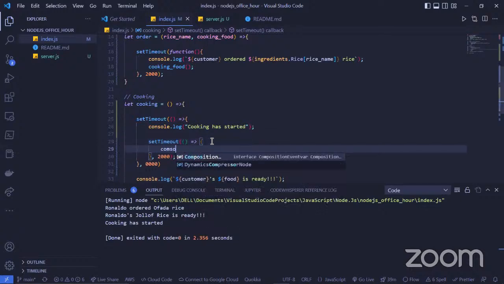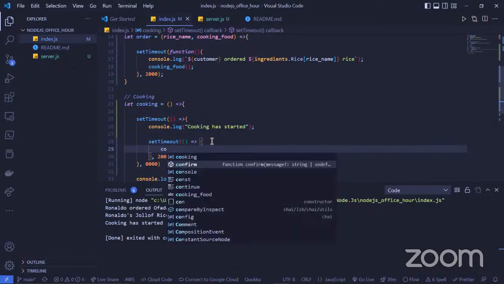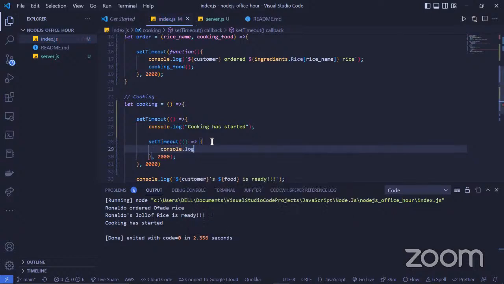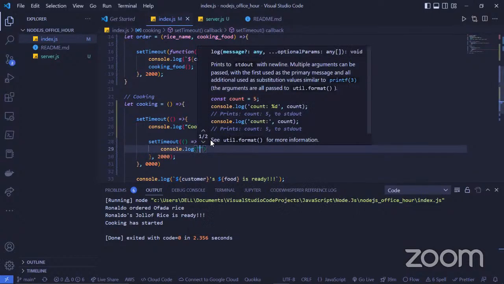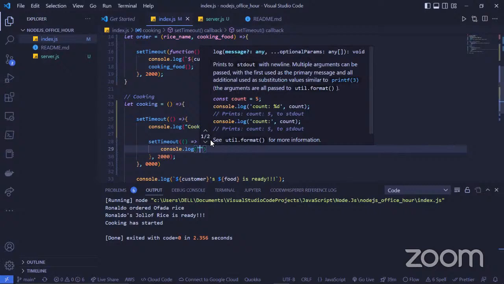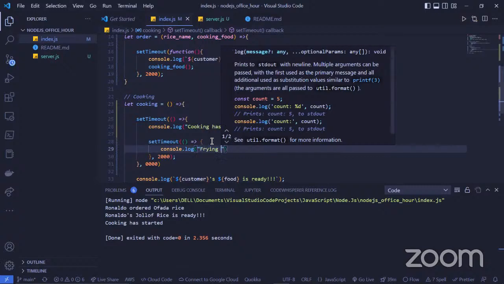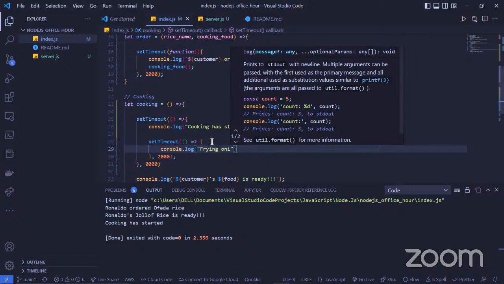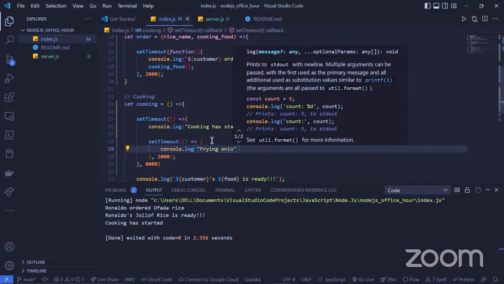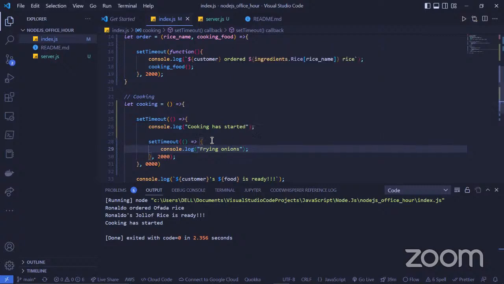Let's say console.log cooking has started. Frying onions. Okay.